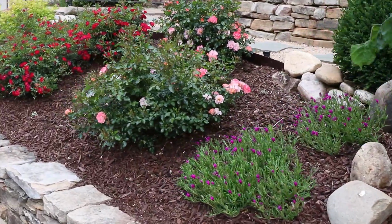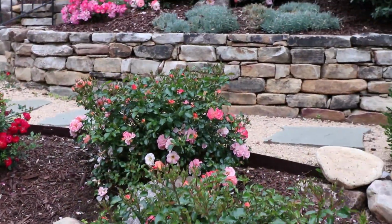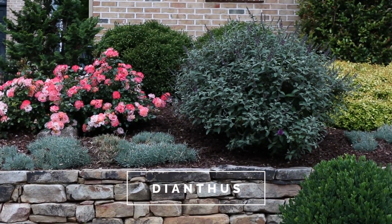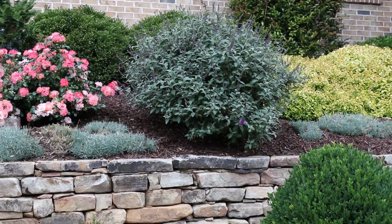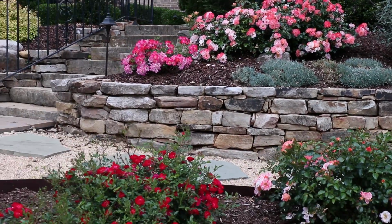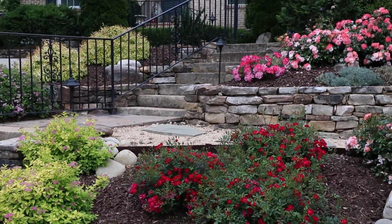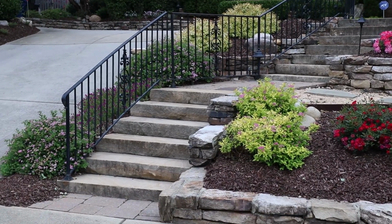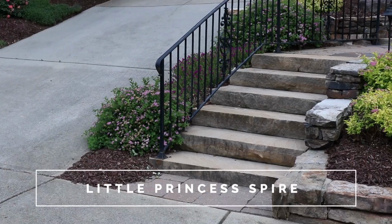All these roses look really, really great. Plenty of sunlight out here for them. There's some dianthus, that blue right there. The other dwarf butterfly bush is starting to flower right there. It's a purple one, just starting to get some color on it. I'll step back here so you can see how beautiful this entrance is without getting run over by a car here. There's gold mound spirea there. That looks like a little princess spirea on the other side of the